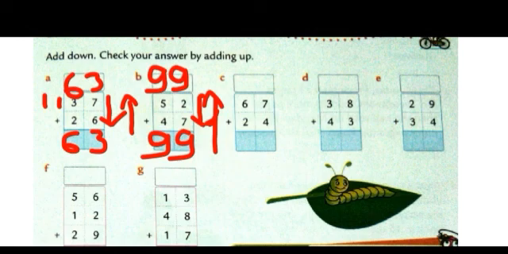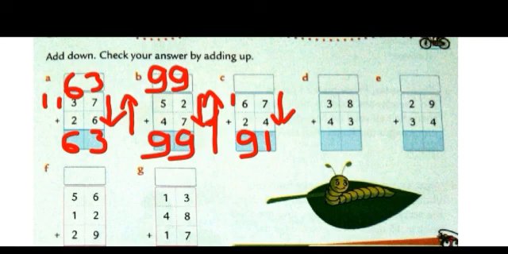Okay. Now we move on to the next one. First, we will add in this direction. 7 plus 4 is how much? You can move forward 4, okay, after 7: 8, 9, 10, 11. Here we need to regroup it, okay. So 1 will be written in the ones column and this 1 will be carried to the tens column. Now add the tens. 6, 7, 8 and 9. So the answer is 91.